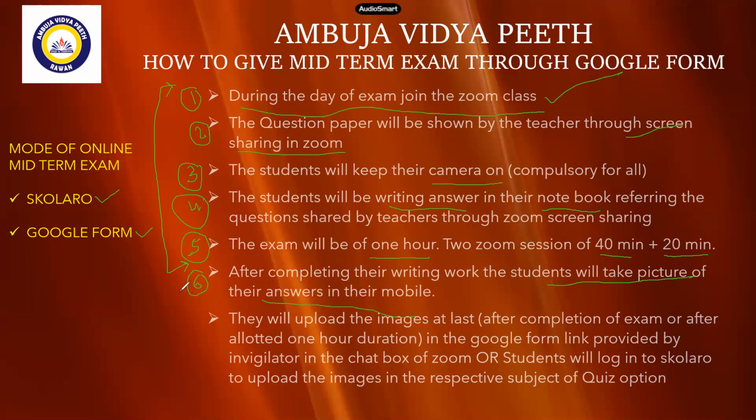Important thing, please take care. While taking the picture on your mobile, please look at the setting in the camera. Don't take a high resolution picture. A high resolution picture means a bigger file size. So you should set the image size as medium resolution, so that you can take a picture properly, and it will be of smaller size. It will be easy to upload.